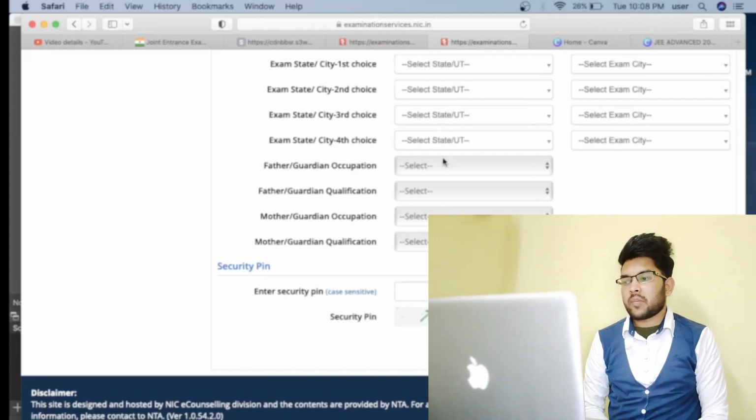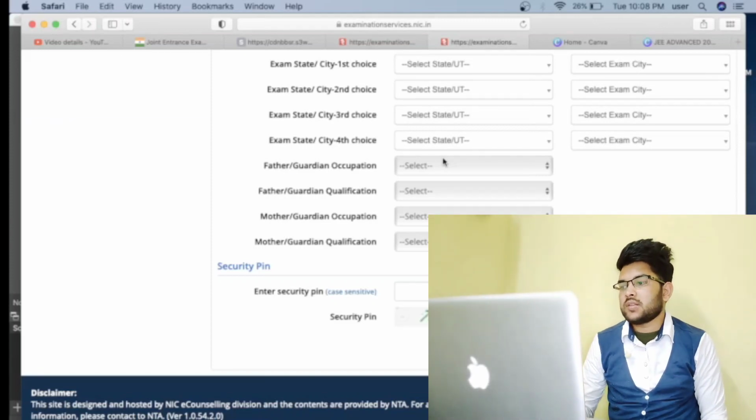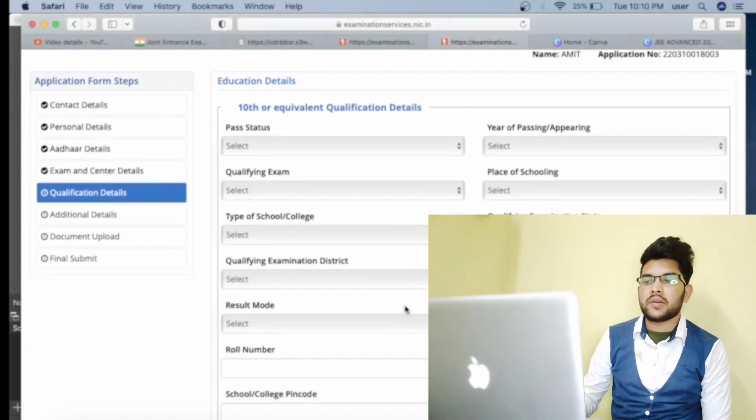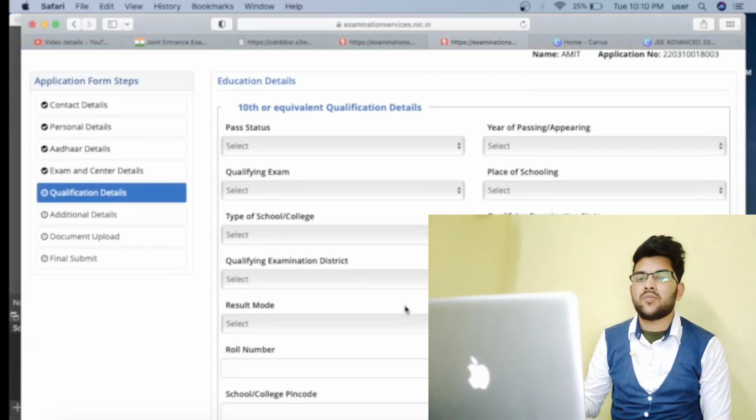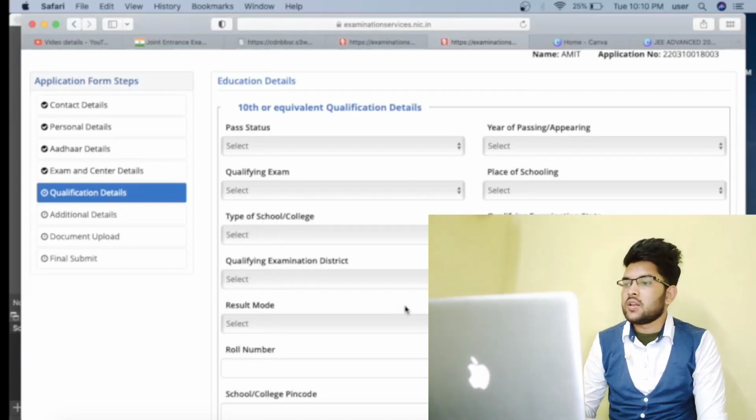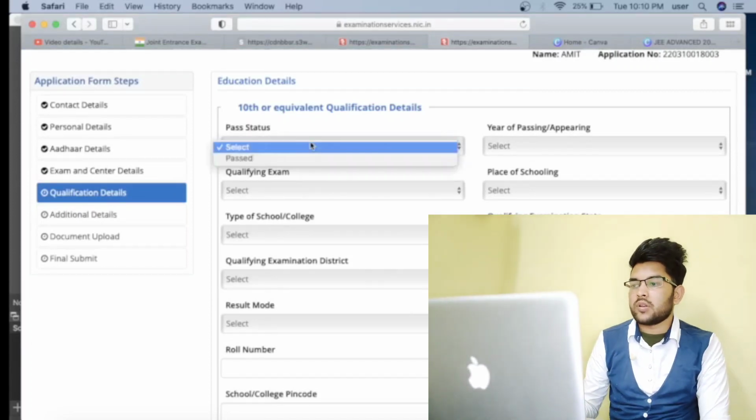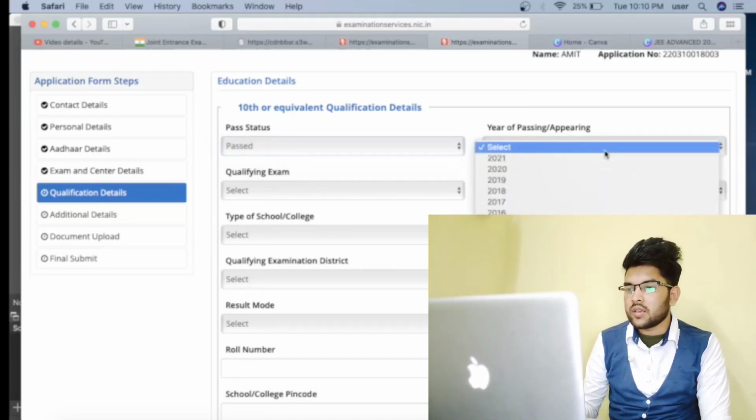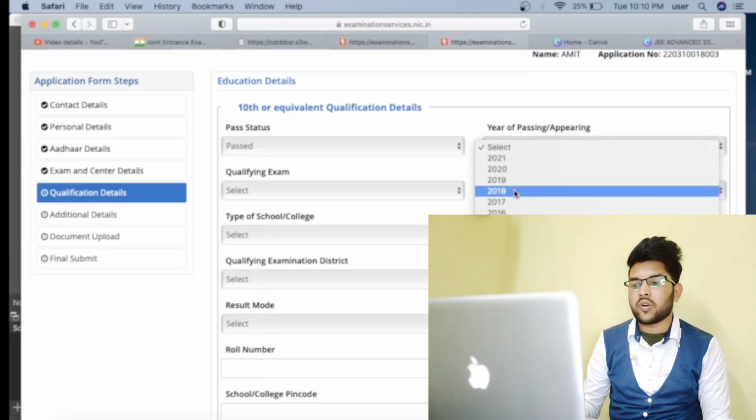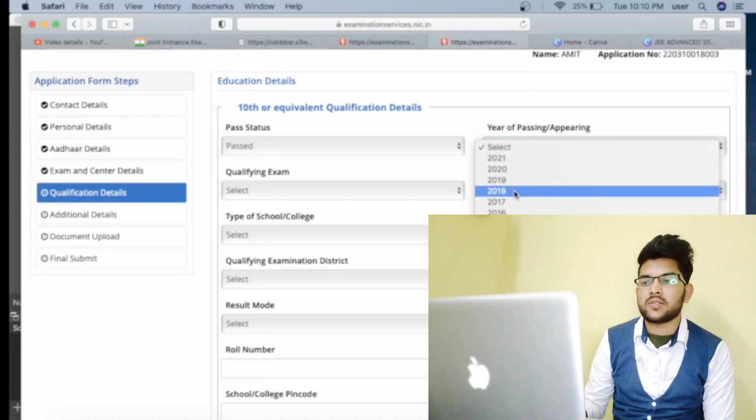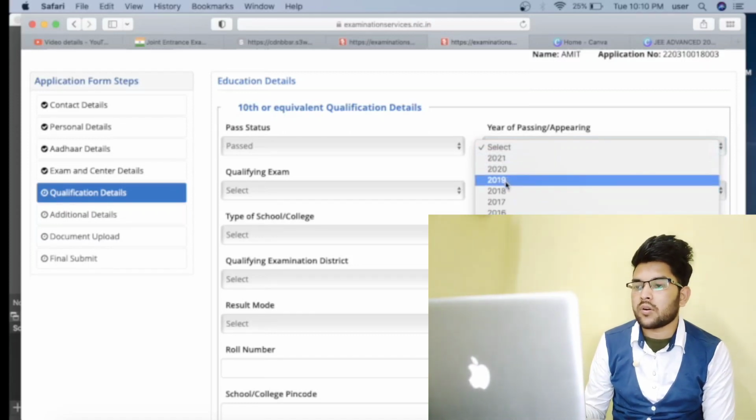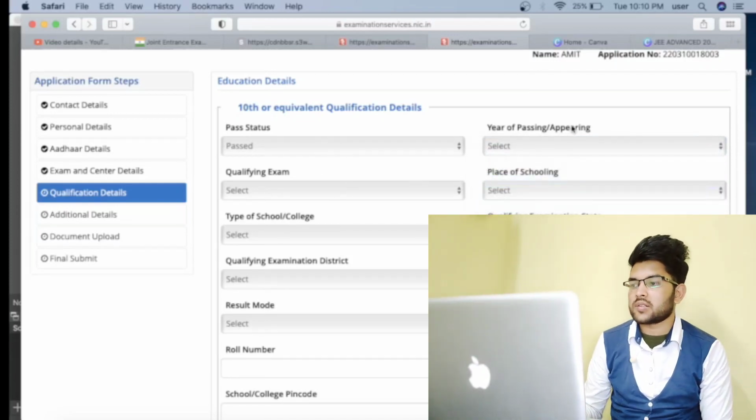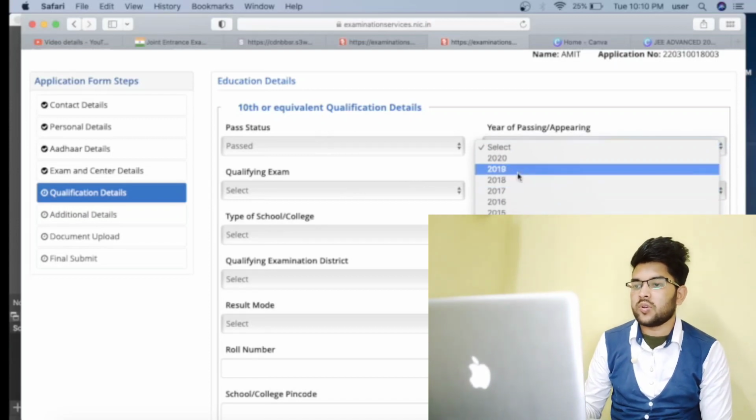So after exam and center detail, we are here now, that is qualification detail. So here basically you need to fill your class 10th detail, because a class 12 appearing student will not be able to submit the detail. So for class 10, first of all you need to select the pass status and year of passing. Here you need to select whenever you have passed the class 10th examination, that is 2019 or 20, you can select that. After that, select the examination, that is class 10th or equivalent,